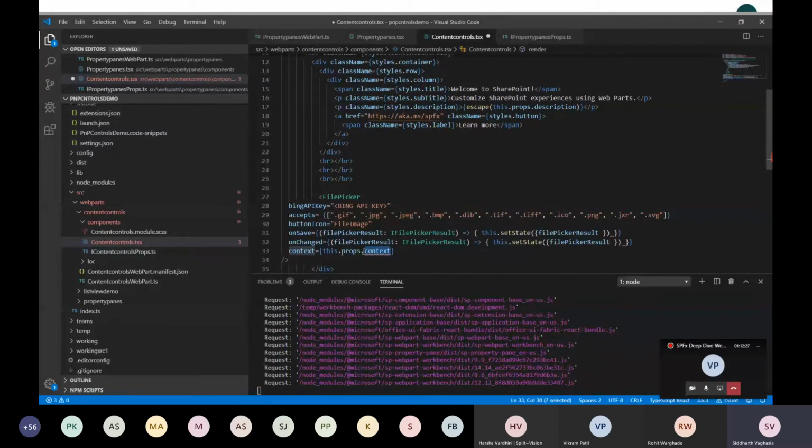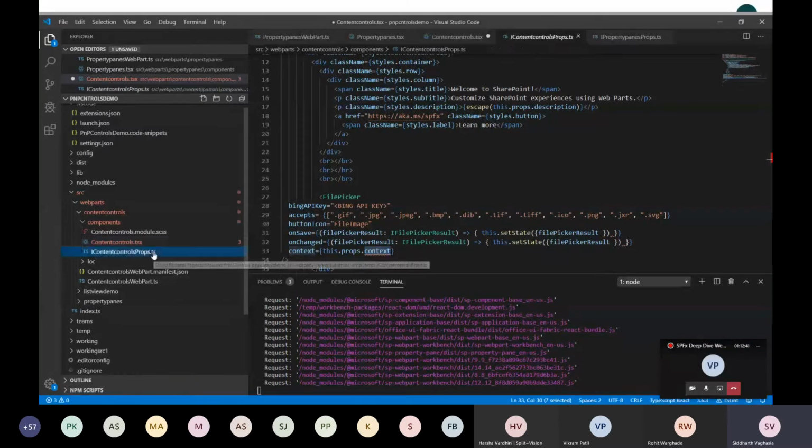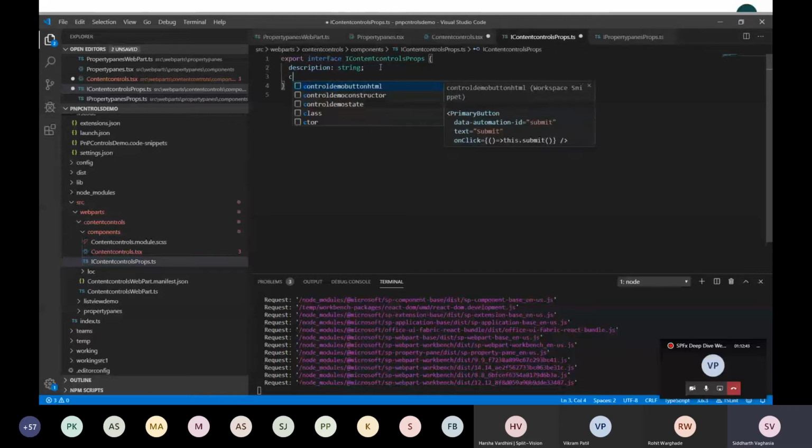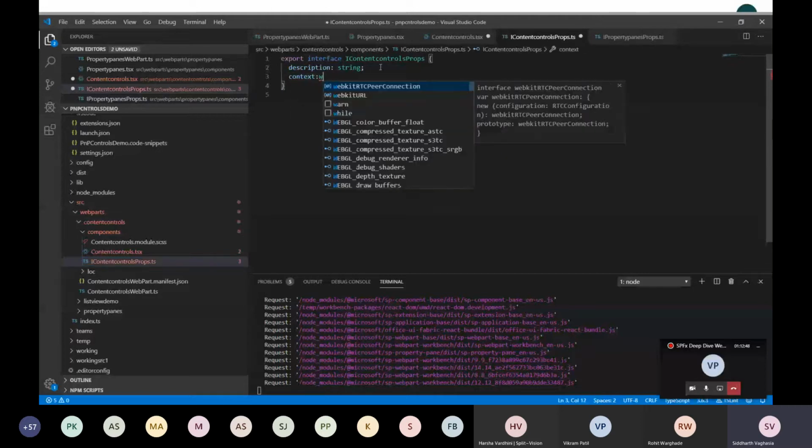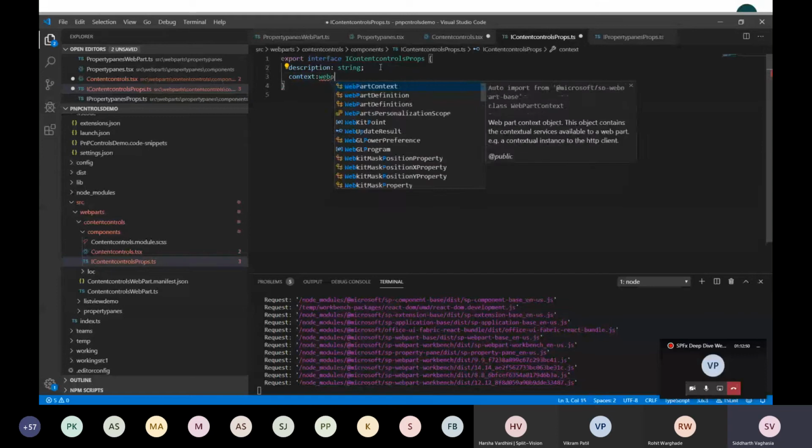As I said, this is a SharePoint driven control, so it needs the web part context to actually work, right? For that, we have to pass the context from our webpart.ts file to our React component. First we will create a property in my content control of type webpart context.